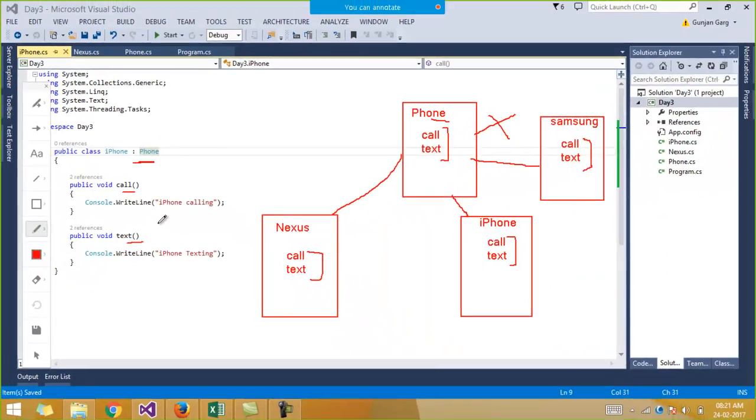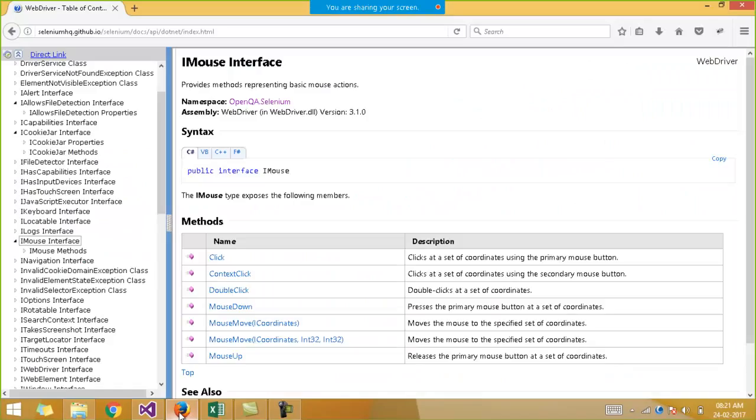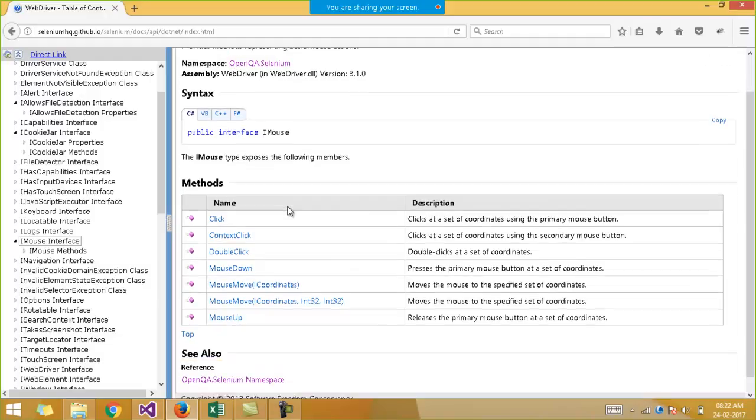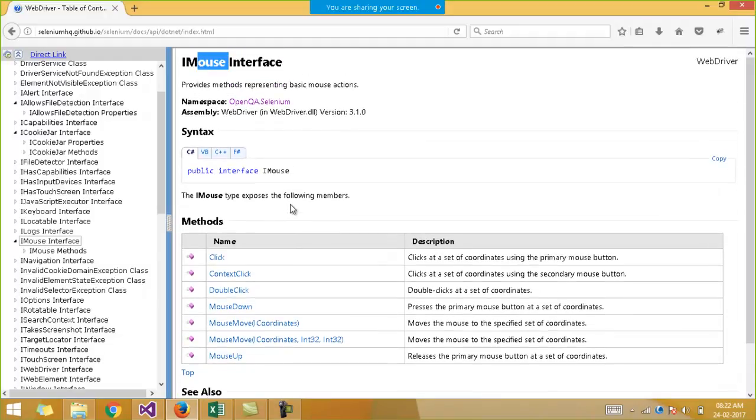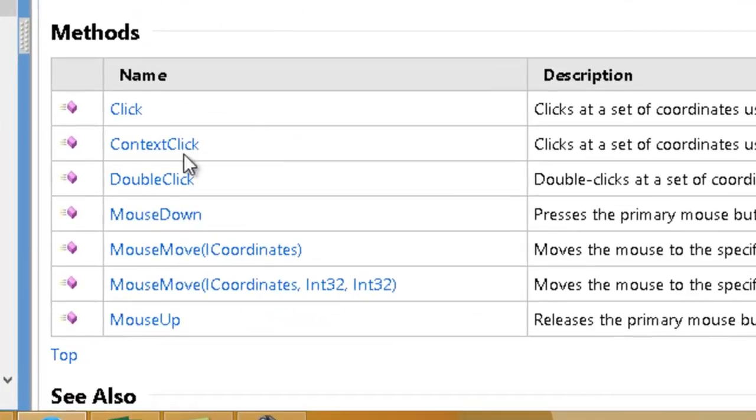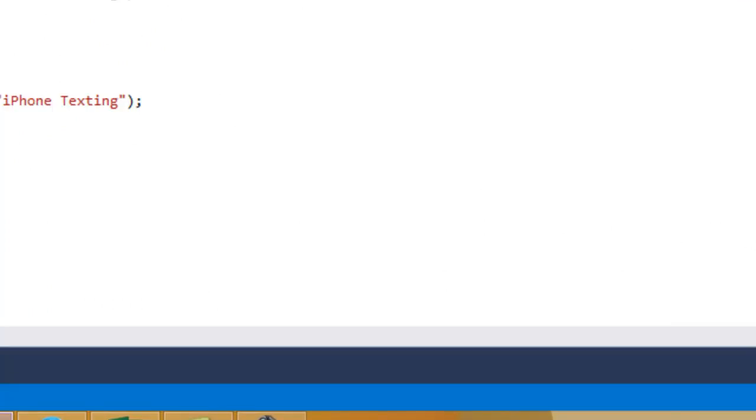Alright, okay. So similarly it's there in Selenium as well. The same is used in Selenium also, like you can see this example of the mouse interface. We have this mouse interface, and then the WebDriver interface, the WebDriver which we will actually be using in our Selenium basics and in our frameworks.